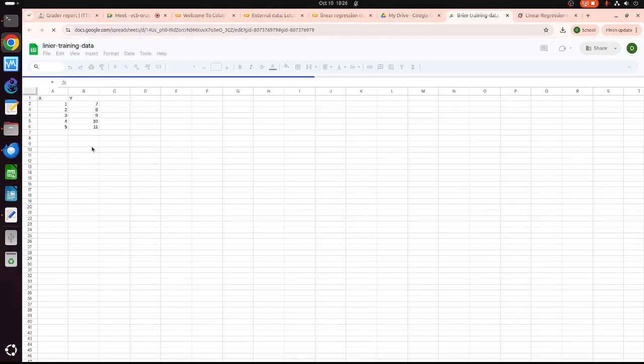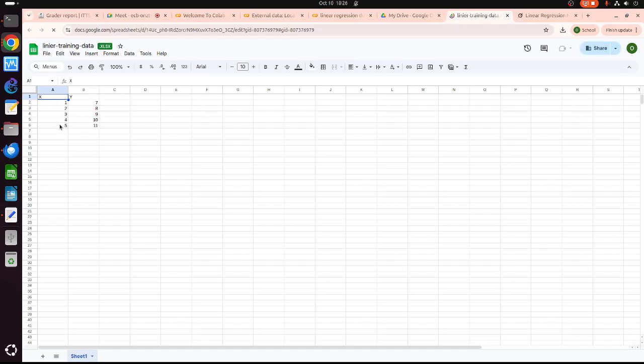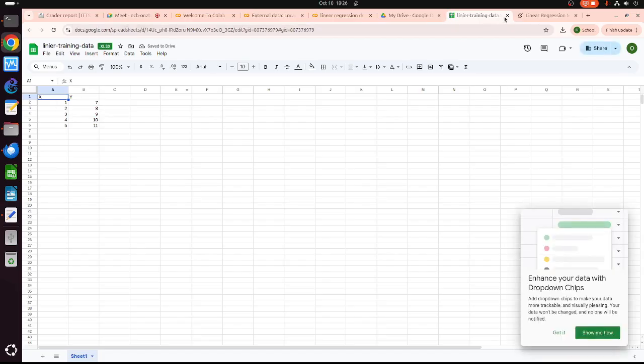So I have two columns. One column is X, one column is Y. That's it. And then we need to create the model and print the model. I will not do any test data or split these things. So I need to create Python source code to read this file in Google Drive and then plot and do linear regression on this data.